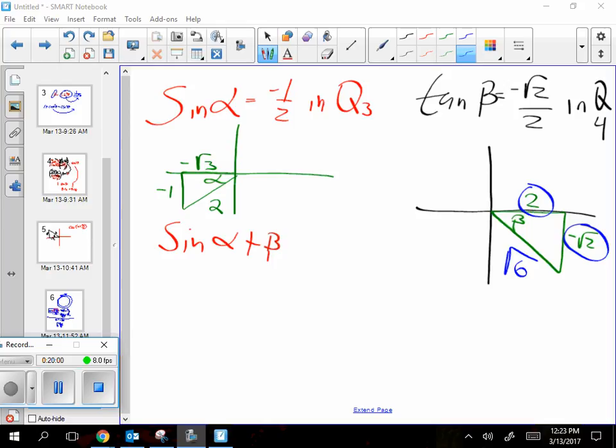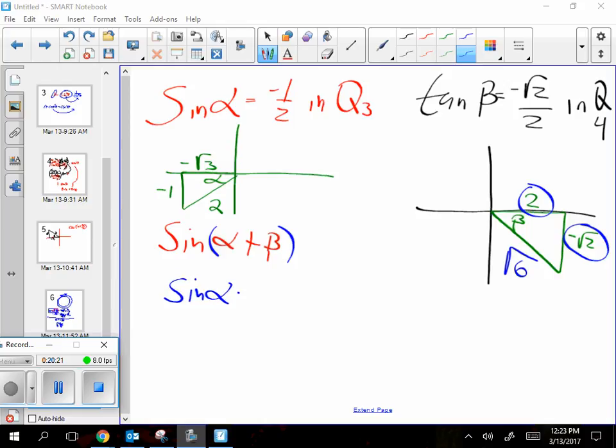Would you guys agree on square root of 6 for that side? Excellent. Then, let's get sine of alpha plus beta. There's an app for that. You look it up on the formula sheet and it tells you what to do. Okay, so you look it up on the white sheet, and could you read for me, please, what sine of two things added is? Sine